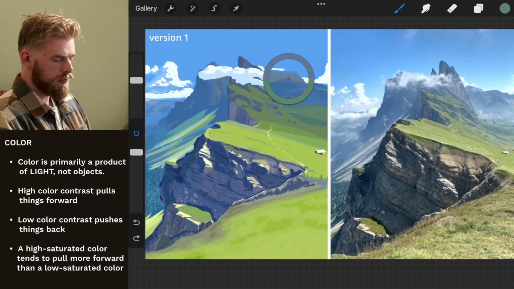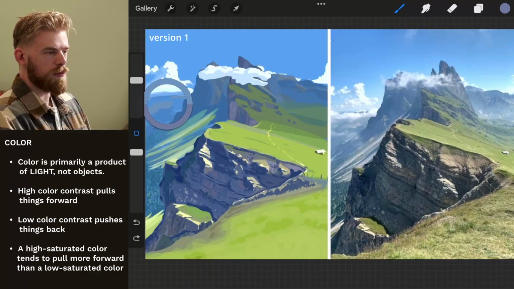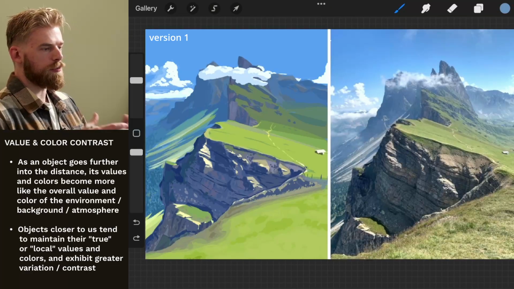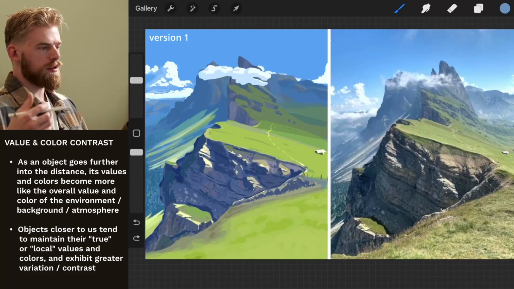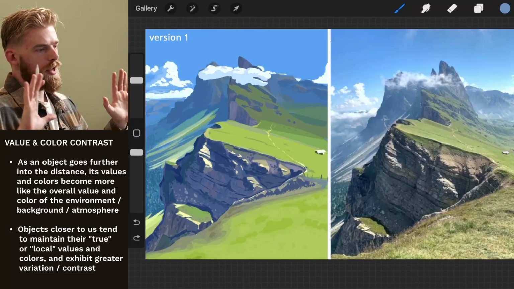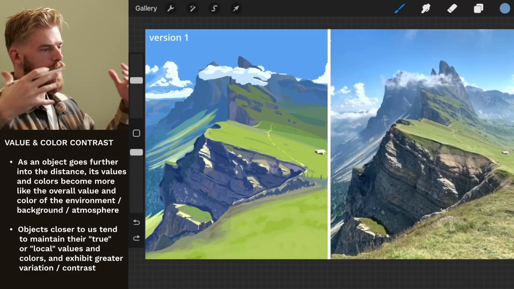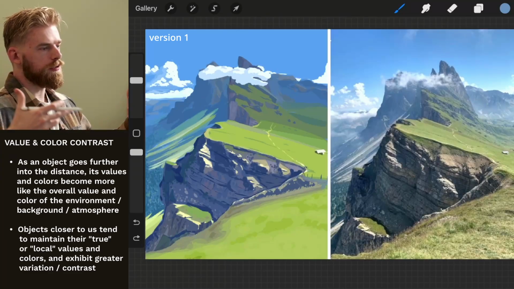And even these reddish hues over here, they start off a little bit more purple, a little bit more colorful, but as they go off into the distance, they become more and more blue, like the sky, like the background. So for both value and color, we can simplify this to say that as things go further into the distance, they will take on the value and color of the overall environment, the background, the atmosphere of the piece,